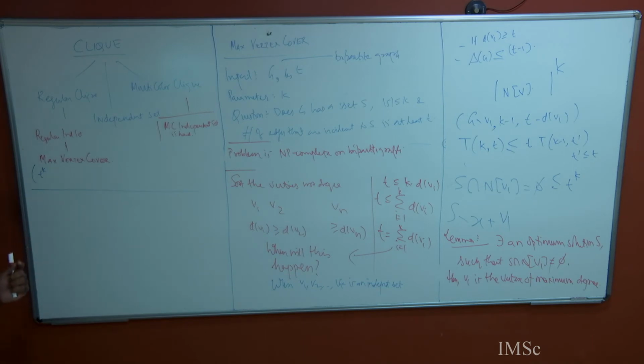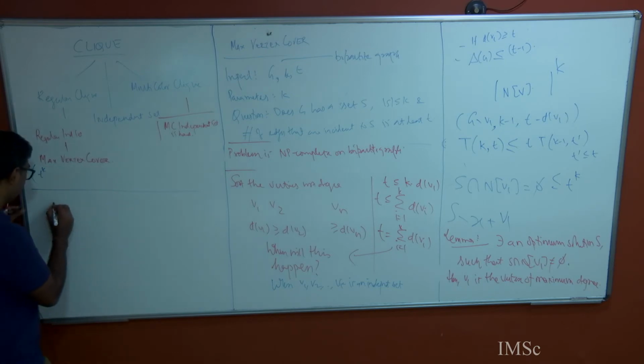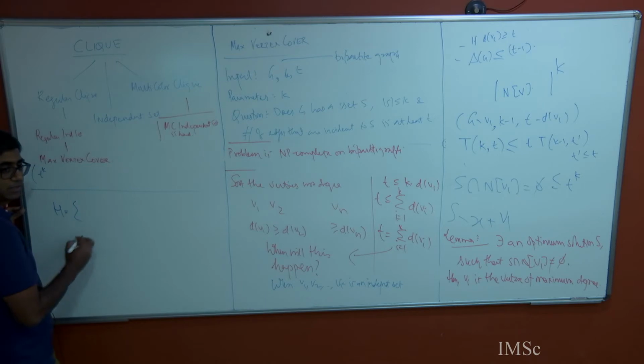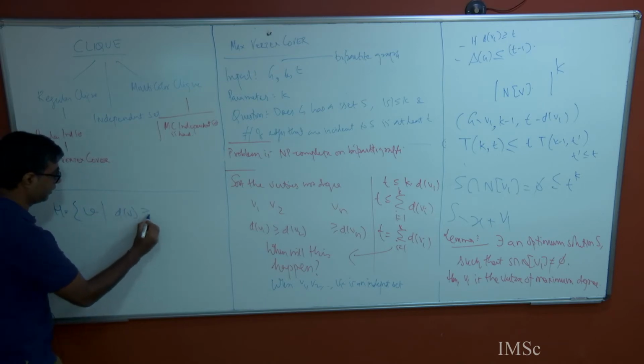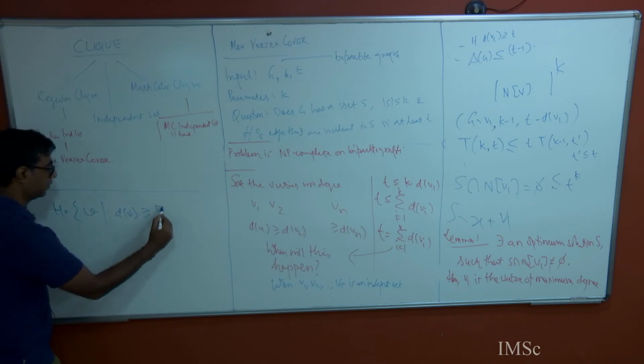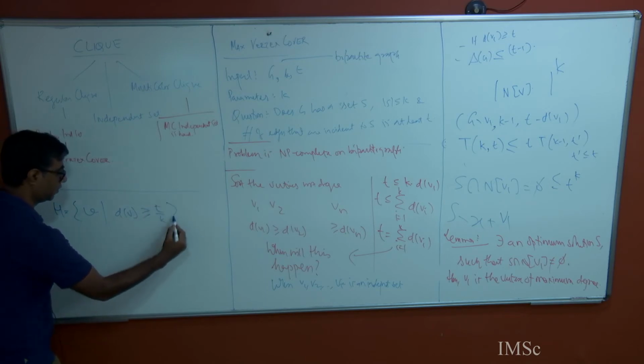what is the basic thought? If there are k objects that cover t things, then there should be at least one vertex which covers how many things? t by k things, no? Is that okay? Like the pigeonhole principle. So let's call this high. What is my high? All those vertices such that the degree of those vertices is greater than or equal to,